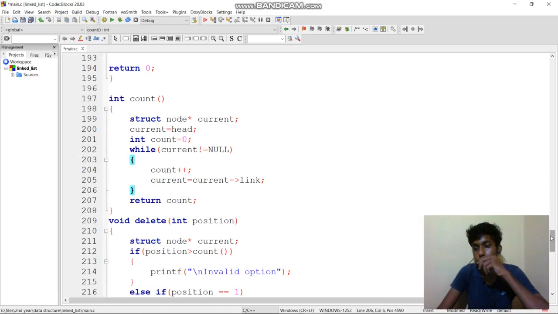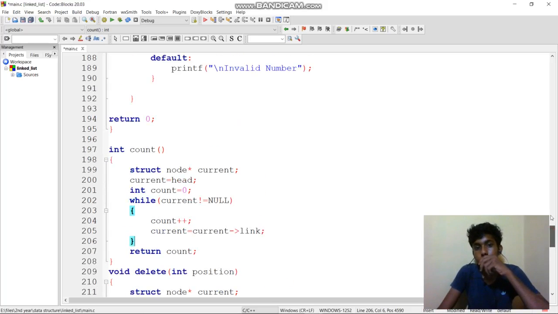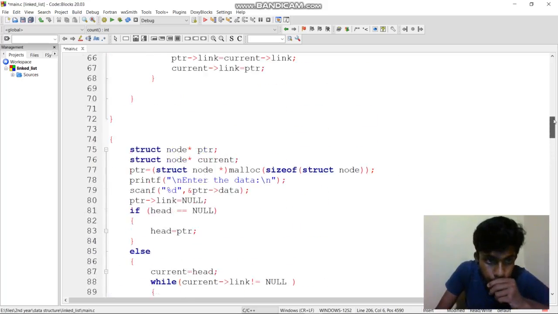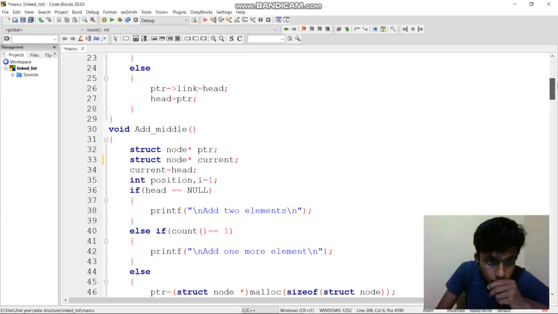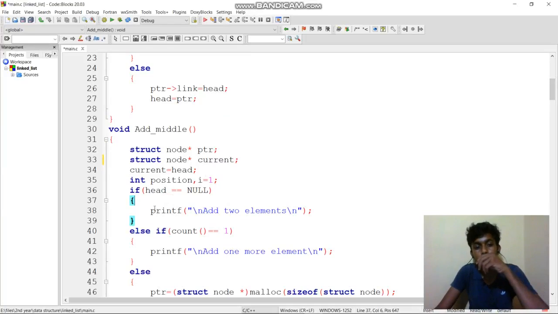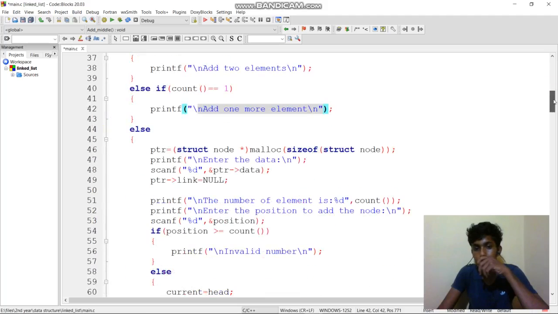In the middle we don't have any element, that is, we don't create any element. At the time I'm passing a value here for the middle. This head is not head, it is 0, which means it has no value. Now current of equal to 1 means it has one value, so it will count and return 1. So again we need to add one more element, then only we can insert an element between two elements, otherwise it has an element, that is, more elements are there.